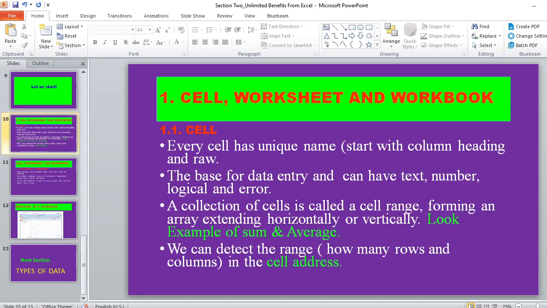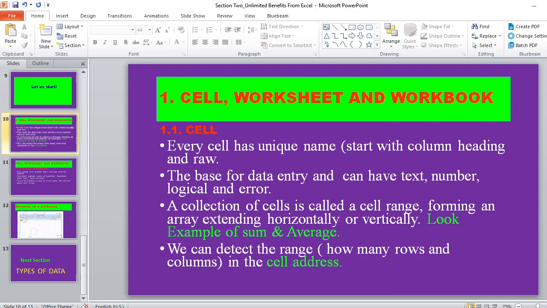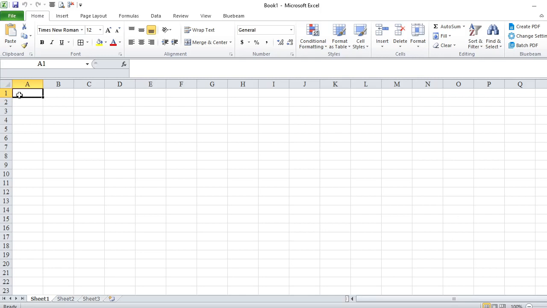Okay, so when you say this, look, every cell has a unique name. It starts with column and heading and row. So let us see what cell means. Look, these are the cells. They have their own identified unique name.